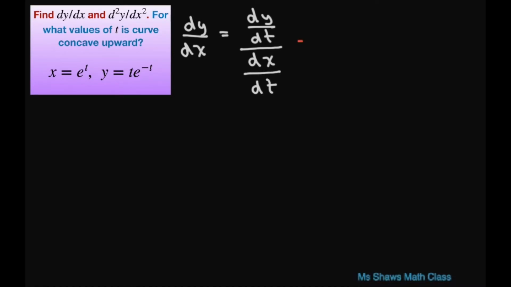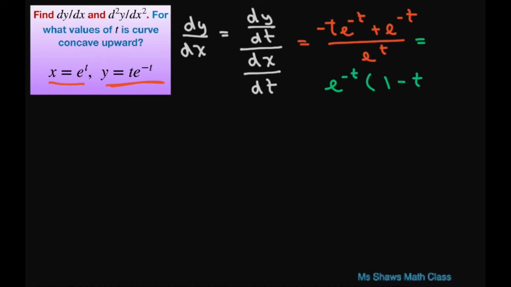All right, so this equals, for our y, we have to use the product rule. We'll get negative t times e to the power of negative t plus e to the power of negative t. And for the denominator, we're just going to get e to the power of t. So let's simplify this and factor out e to the power of negative t. And that gives us 1 minus t divided by e to the power of t,